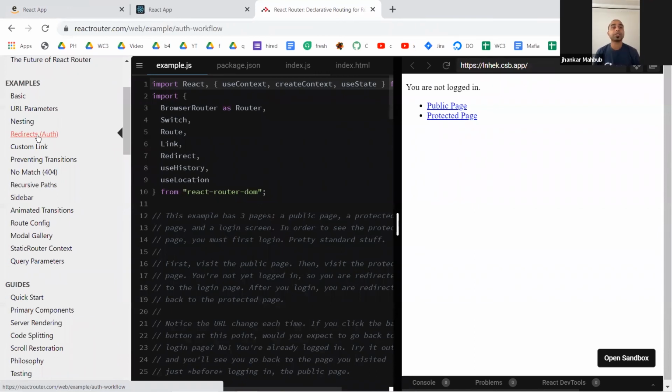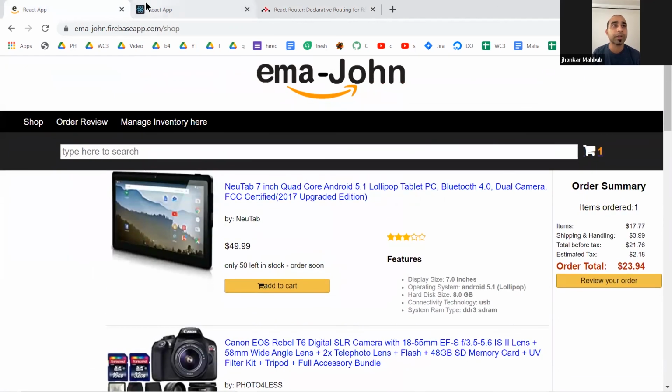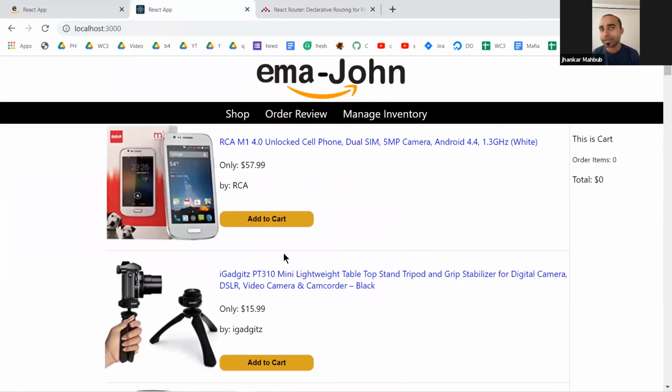So that's pretty much everything I wanted to share with you today. I will do a quick recap because we actually did some interesting stuff. That means we started with a brand new React application, and inside the React application, we went through creating the header component. We put the image and we put a navigation, and this is the navigation, and then we just put some style. And that's how we were able to create this.